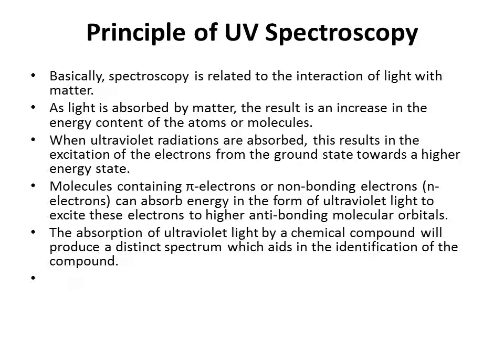So, molecules containing pi electrons or non-bonding electrons can absorb energy in the form of ultraviolet light to excite these electrons to higher anti-bonding molecular orbitals. The absorption of ultraviolet light by a chemical compound will produce a